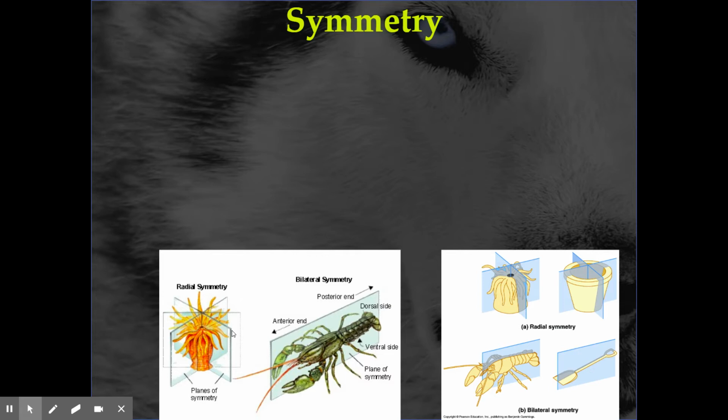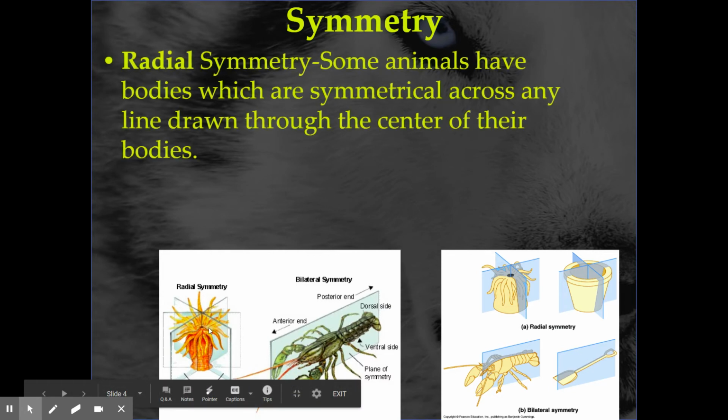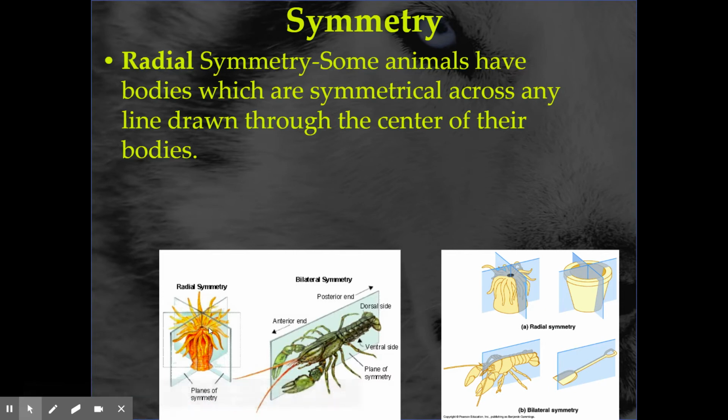So in the animal world, we generally run into something with no symmetry, possibly. Or if it has symmetry, this is pretty similar to a math thing. You can have radial symmetry, or you can have bilateral symmetry. Radial means that if you draw a line through the center of the body, there's a left side and a right side, and it's the same on either side of it. You can see the images down below getting at what I'm talking about.